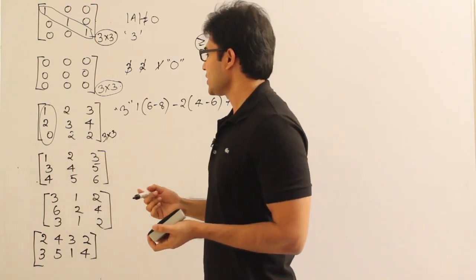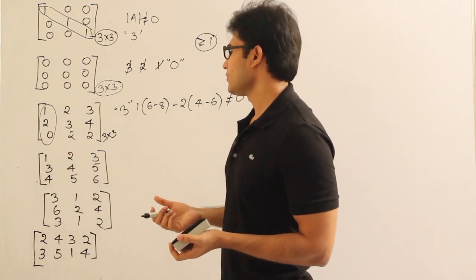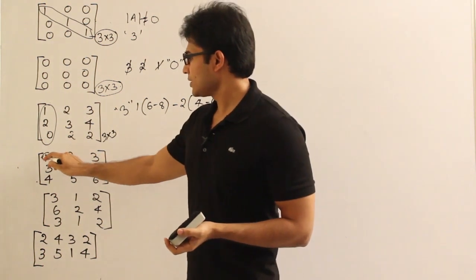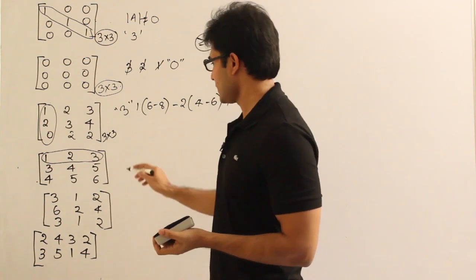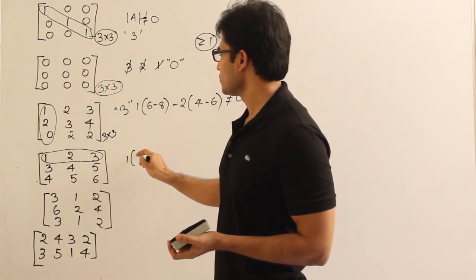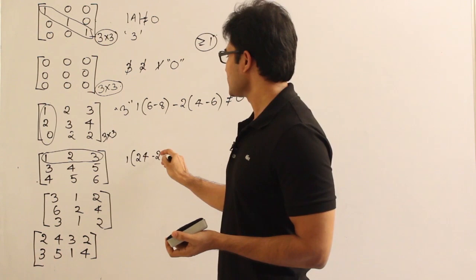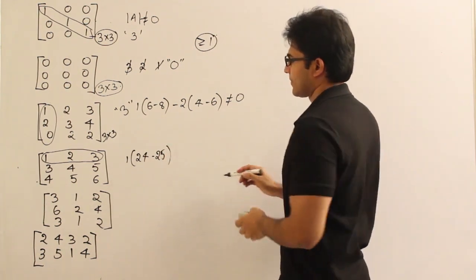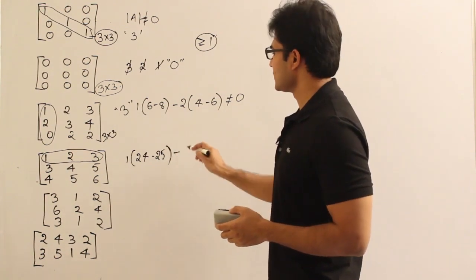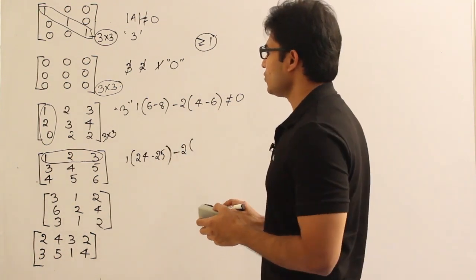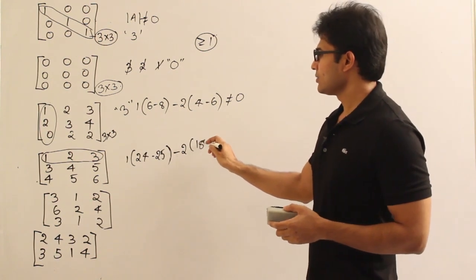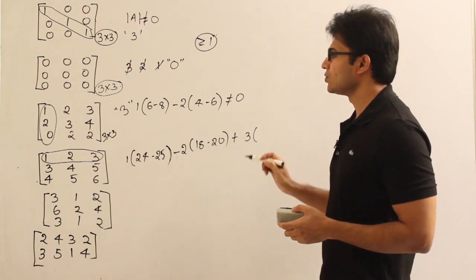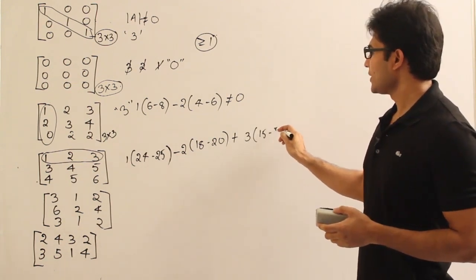Now you just try to expand it. You can even simplify it and expand it, or you can directly expand it. I'm just expanding it across the first row. So if we expand it across the first row, it is going to be 1 into 24 minus 25 minus, I think you know how to write this, the cofactors, 2 into 18 minus 20 plus 3 into 15 minus